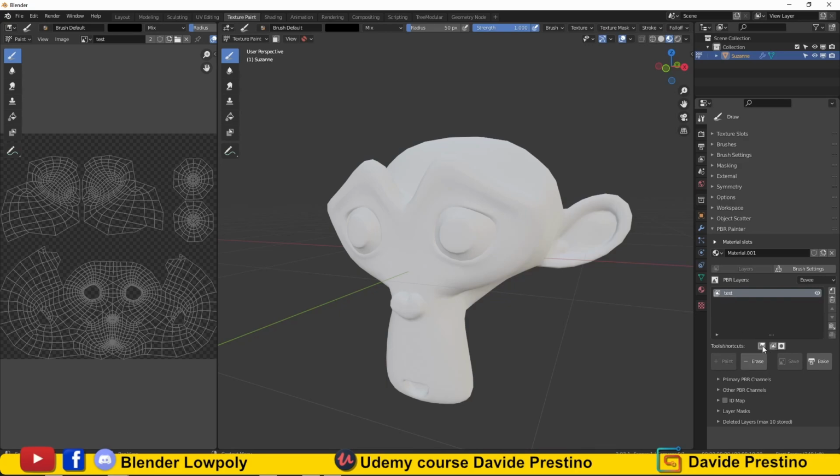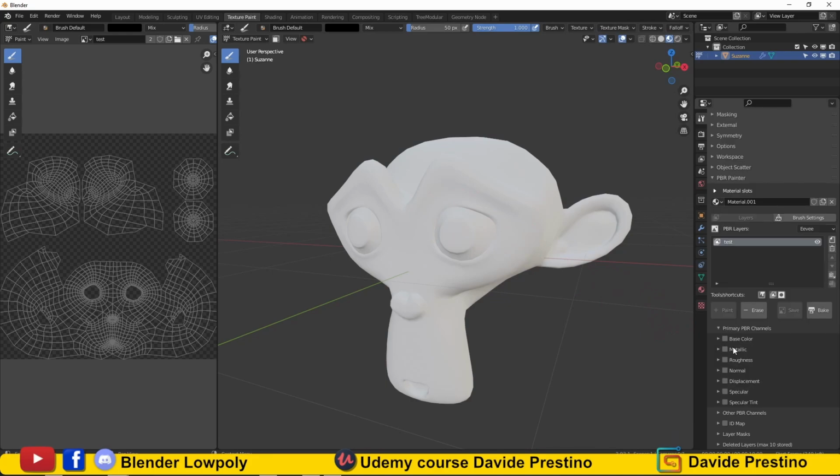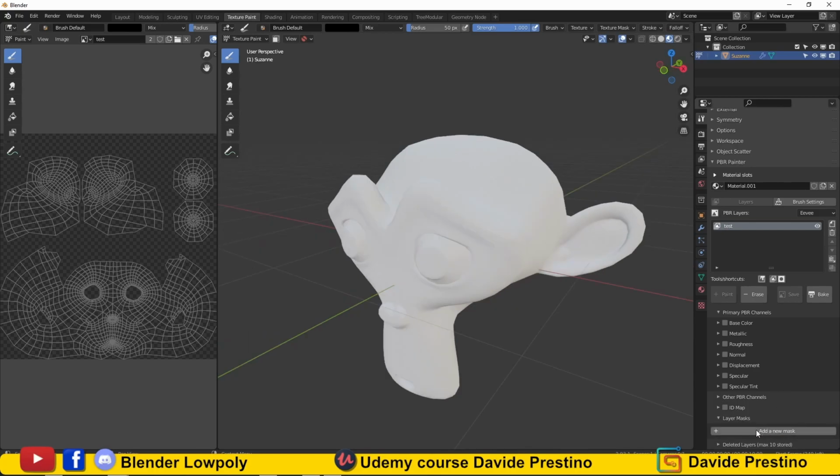With the first of the 3 buttons below we can paint the layer, with the second we can load all the external textures, with the third button we can link the masks we are going to create to each channel. The primary PBR channels are all the most used ones, but PBR Painter also gives the possibility to select even the secondary ones, to create customized effects. We can also load an ID mask. With Add New Mask we can create layers to be able to mix textures, for example to create the rust effect. With the last button we can recover the last 10 deleted layers, a kind of undo.